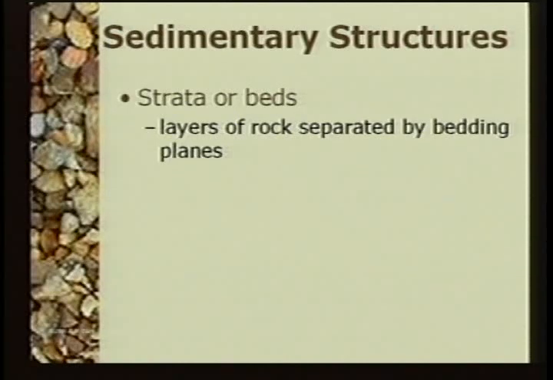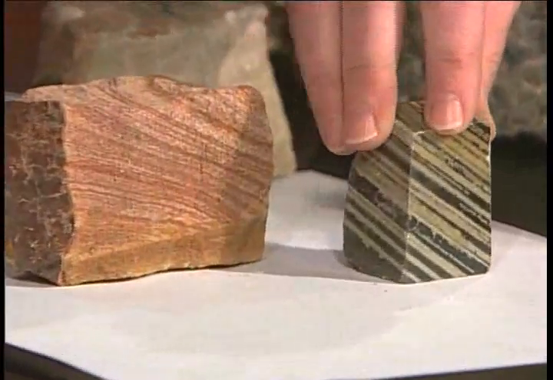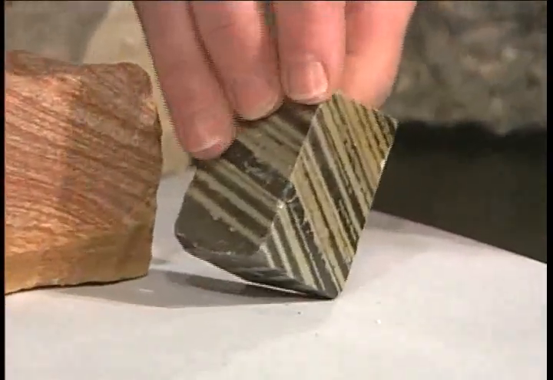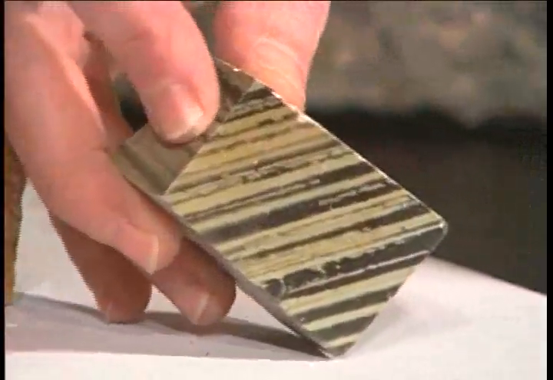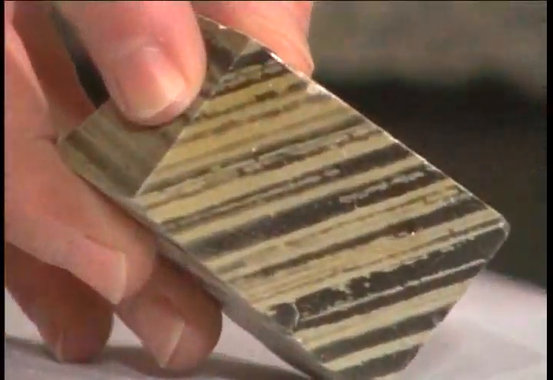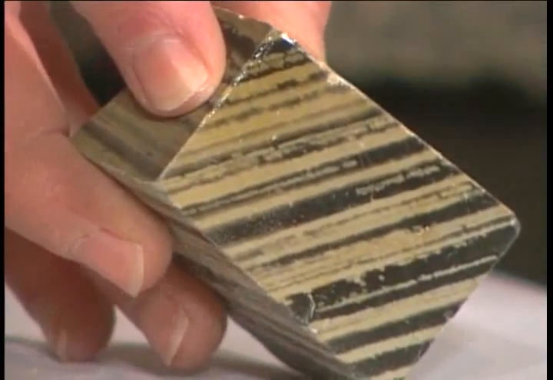I have a couple of samples here. There we go. This you can see, this is actually cut in this direction. Well, let me try to get it. There we go. Originally, it's laid down as nice horizontal bedding planes, and we see some light and dark layers there. Now this guy,